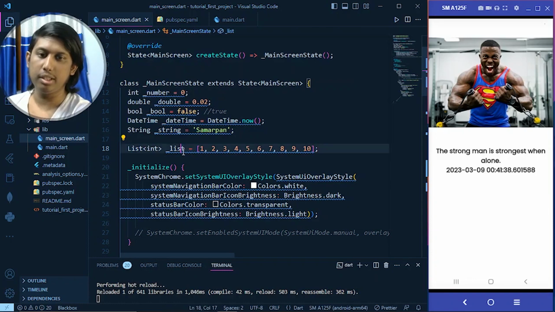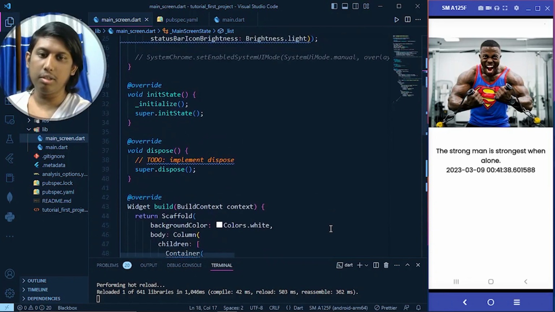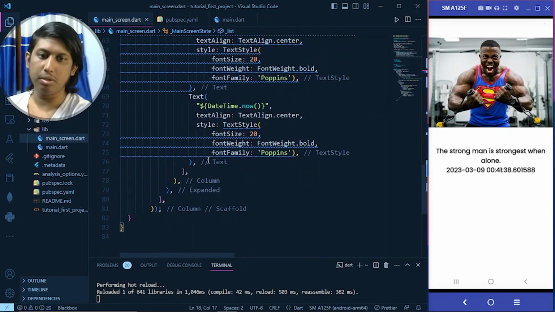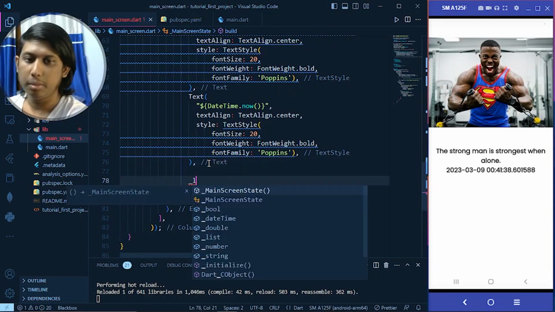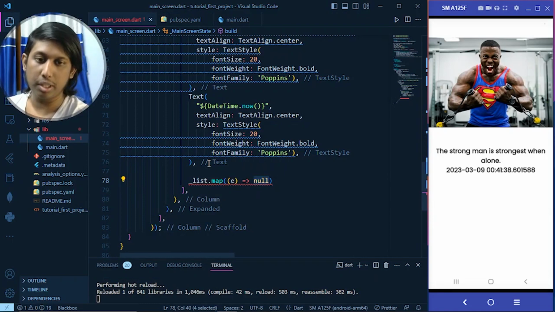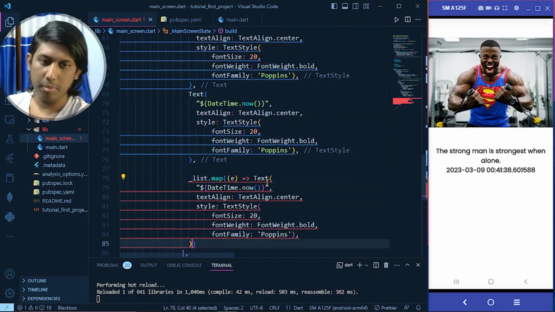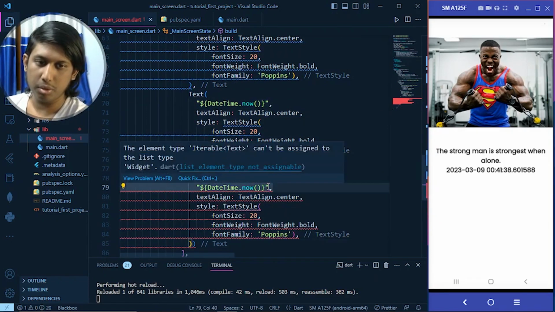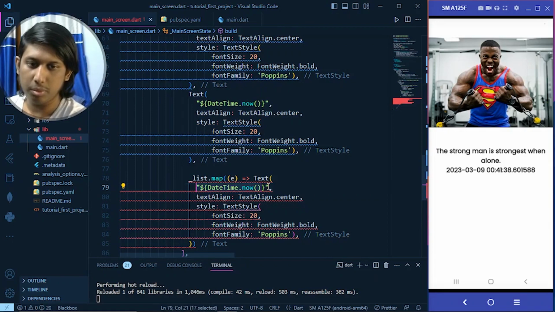In a list there are many operations. You can print the list here. We can print the list using list.map. I know that we can print the list through ListView, which is very easy, but we can also print it in this way as well. So what we have to do is first copy that and paste it here, and under that we have to write